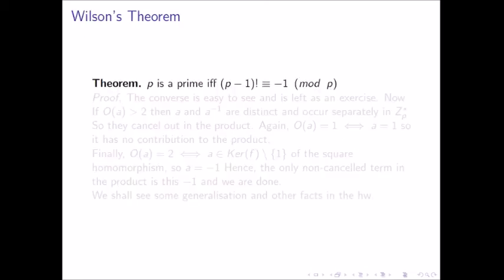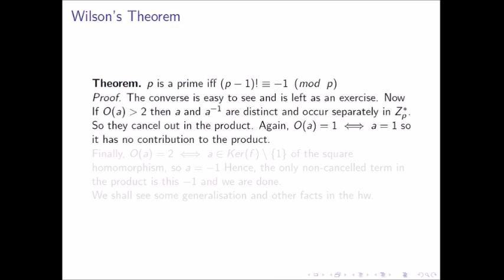So let's look at another theorem. It's called Wilson's theorem. This states that if p is a prime, then (p minus 1) factorial is congruent to minus 1 mod p. In fact, the converse also holds, but the converse is pretty easy, right? Suppose (p minus 1) factorial is congruent to minus 1 mod p. That means p does not divide (p minus 1) factorial. But then, if p were not a prime, p would be a times b, and both a and b would occur in (p minus 1) factorial, and then p would divide (p minus 1) factorial. Hence, p is a prime. So write that formally, and that's an exercise for you.